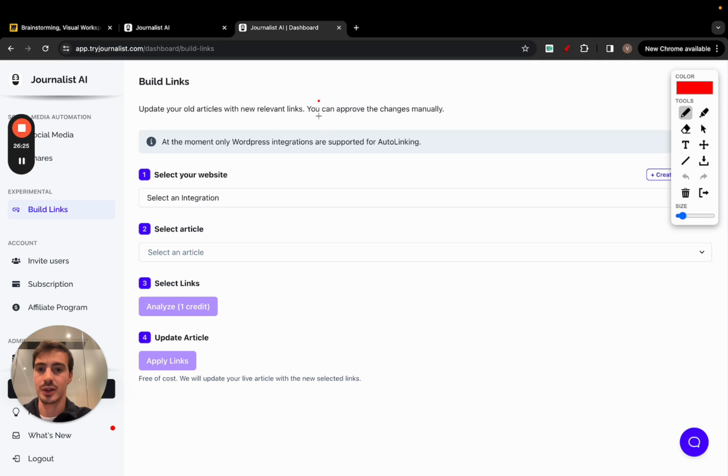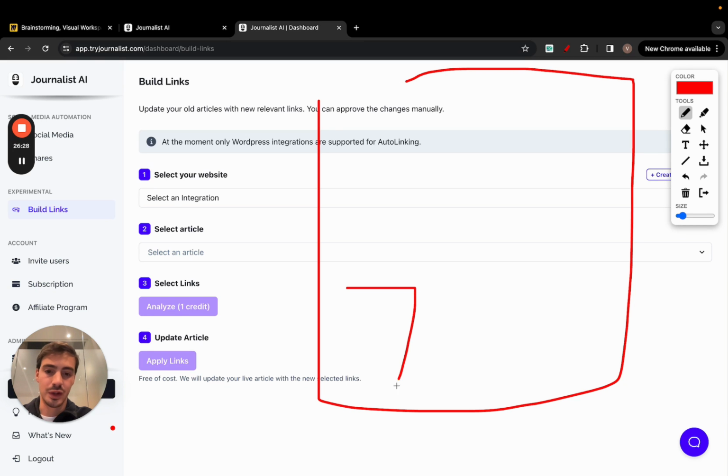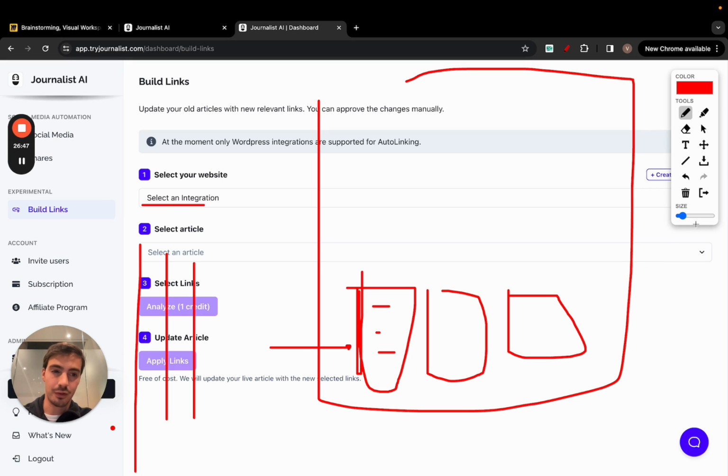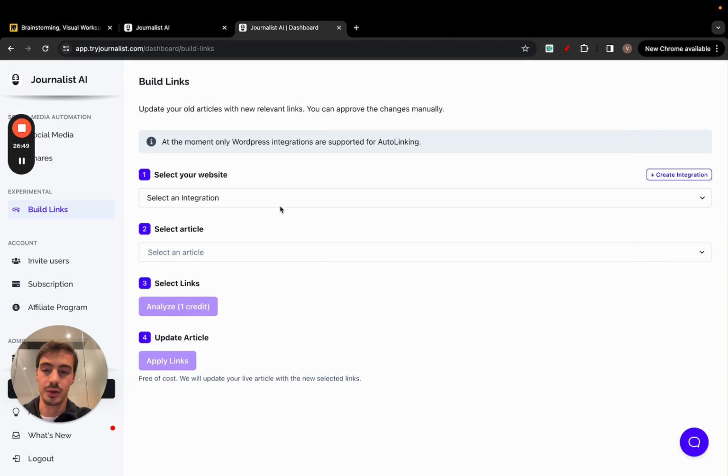So again, let's say you have your site right here, and you have articles that you've written a long time ago, like last year, for example. But they're still valuable, right? The info on them is still valuable, but you want to update them. Just connect your site, and once your site's connected, it's going to give you a list of all the pages and blog posts on your site, right? It's going to analyze the blog post and suggest places in which you can add links to refresh the articles. Pretty powerful. Give it a go, try it out, and I'm sure you will like it.